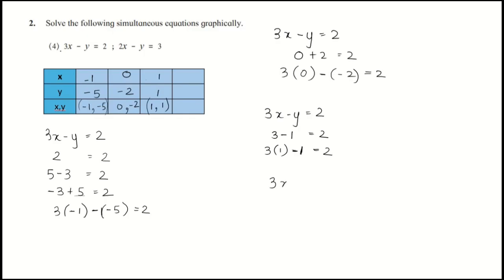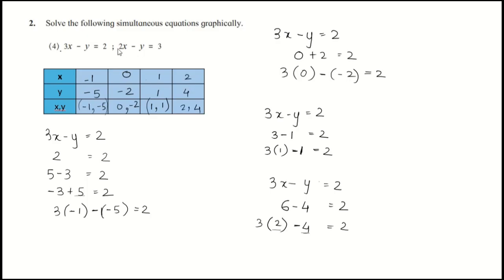Let's try getting another point for this equation. 3x minus y is equal to 2. Possible points, how can we get 2 from the numbers? We can check 6 minus 4, we get 2. How can we write the 6 minus 4 in equation form? 3 into 2 is 6. This minus 4 is equal to 2, where x will be 2 and y will be 4. So we got this point 2 comma 4.